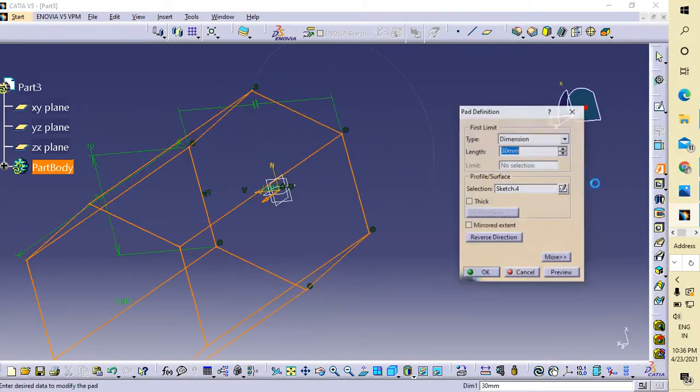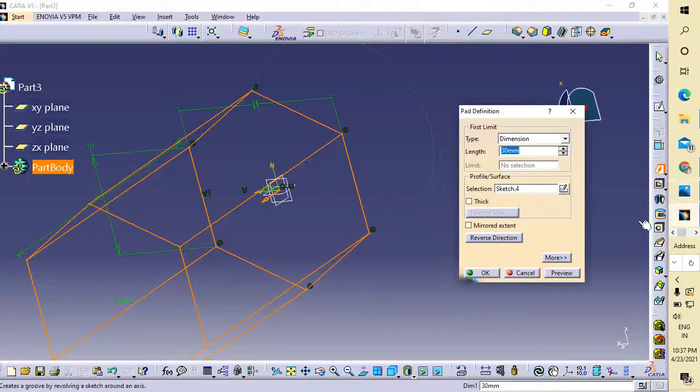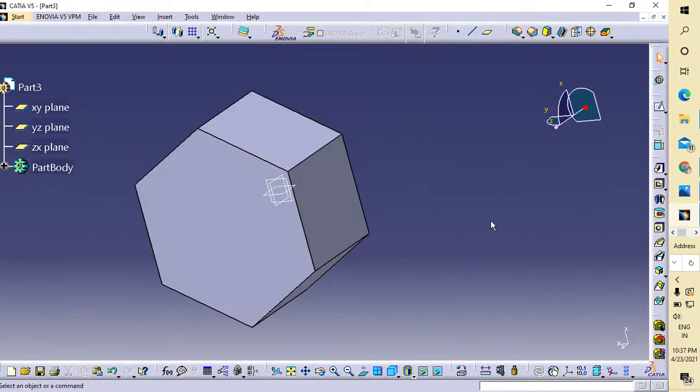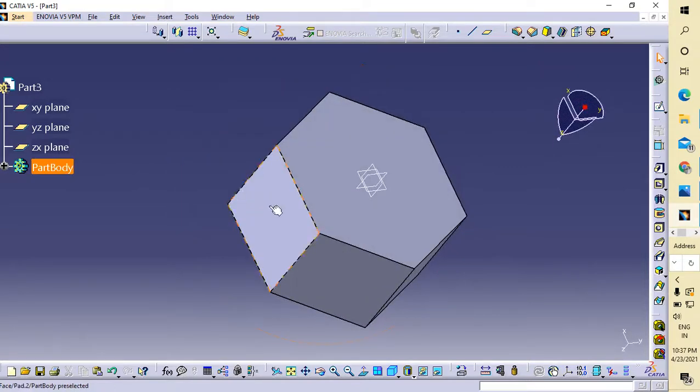Okay, pad it. What is the thickness of this hex? I just want to take it 10 mm. Okay, now this is my hex head with 10 mm thickness.